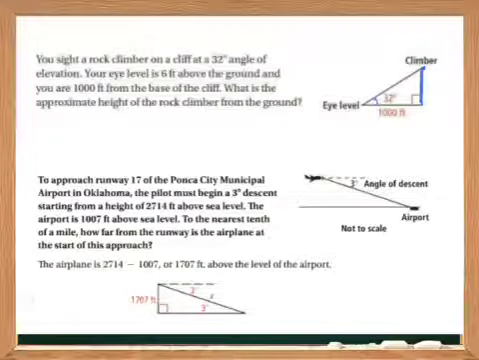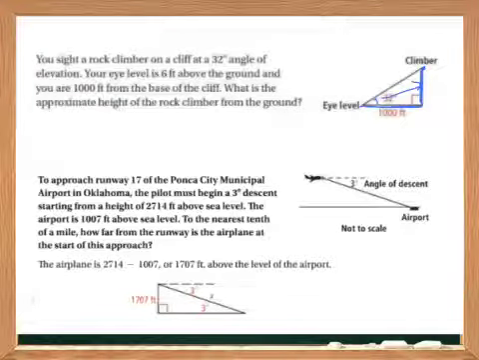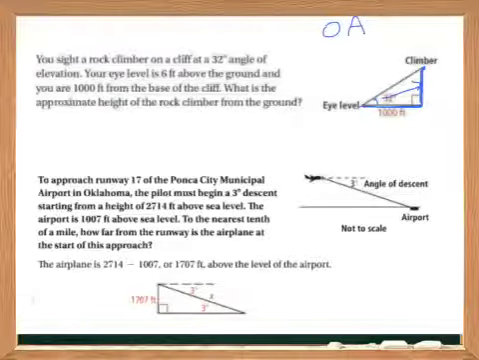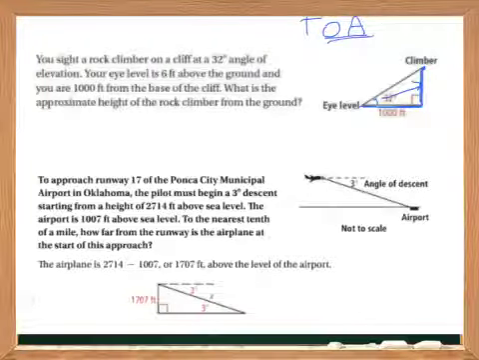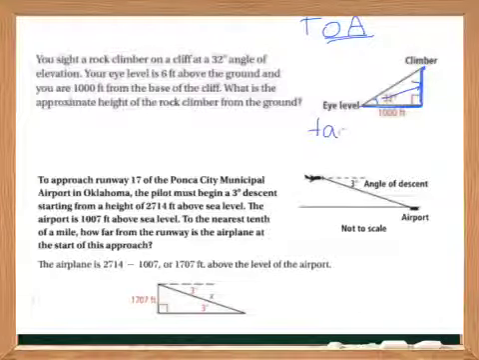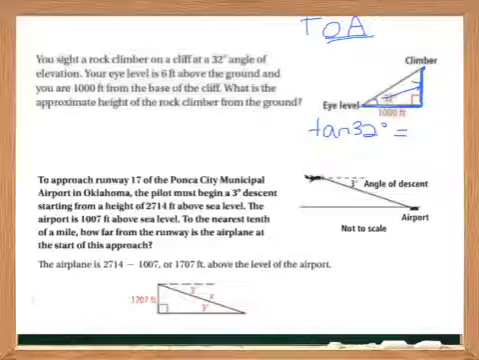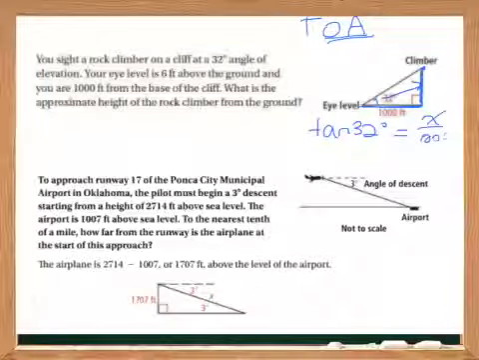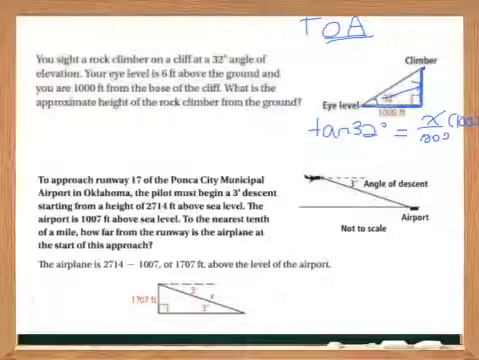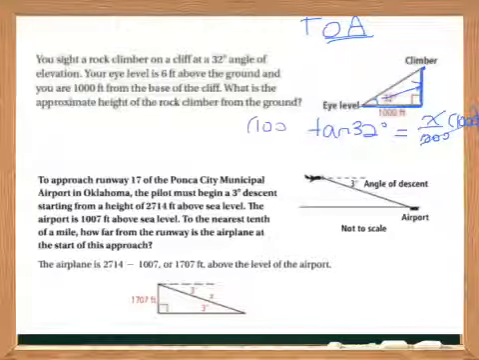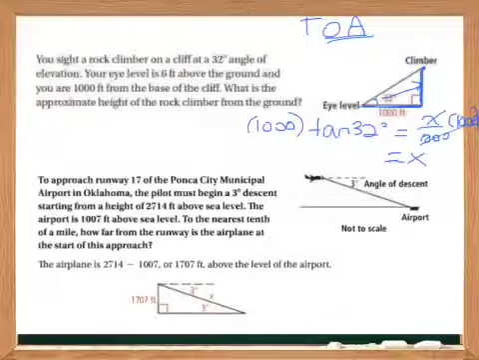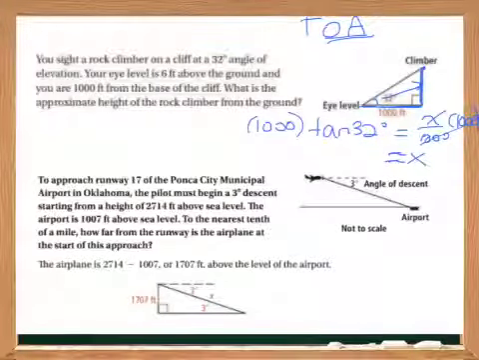So we're looking for the side opposite the angle of 32 degrees, and we have the adjacent as well. Opposite and adjacent is using tangent. So the tangent of 32 degrees is going to equal the opposite over the adjacent. So to get x by itself, we would multiply both sides by 1,000. Now we get the tangent of 32 degrees times 1,000 is going to give us